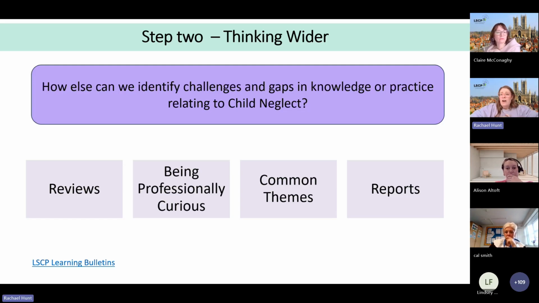So just being on the point and thinking about, what reviews are coming out, and often those reviews have some really good key questions and reflective questions that you might want to think about. And I think it's something that we've started thinking about putting in our learning bulletins as well, to give people some reflective points that they can take away. So again, I would just encourage you to think about, how can I use those with my staff? How can I use those in conversations in supervision? If you're offering advice to anyone about a safeguarding concern, how can you use those to bring out actually what's going on? So just encourage you to have a look at those.